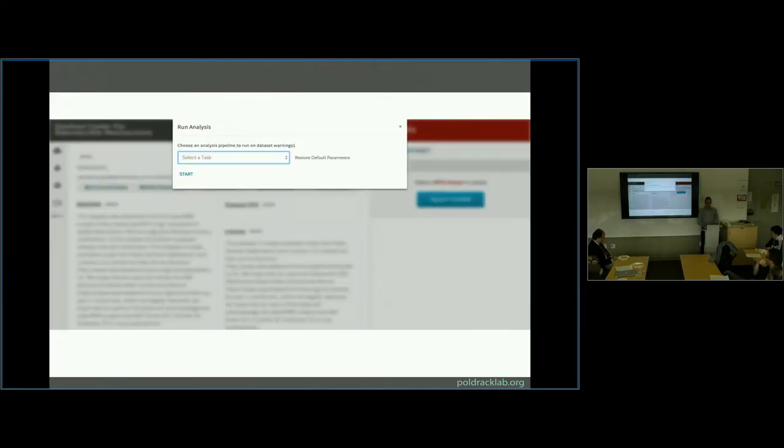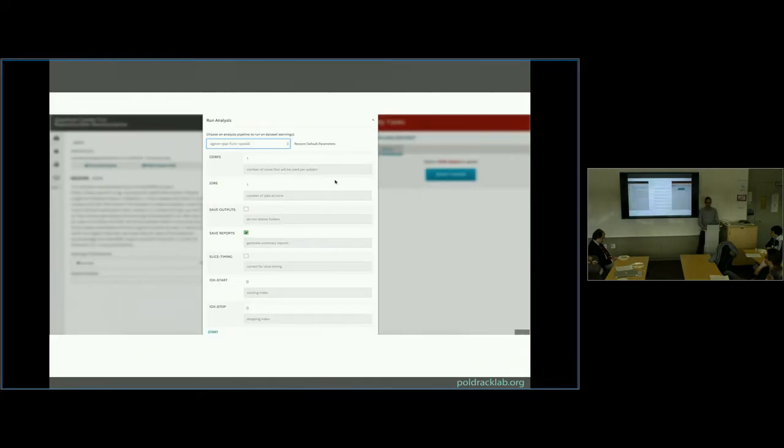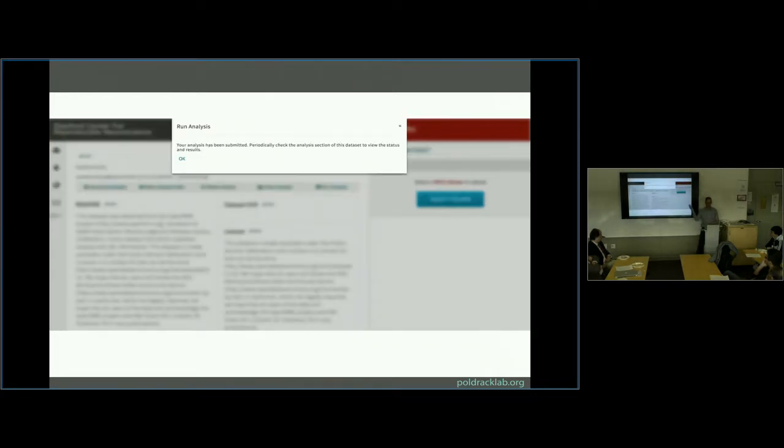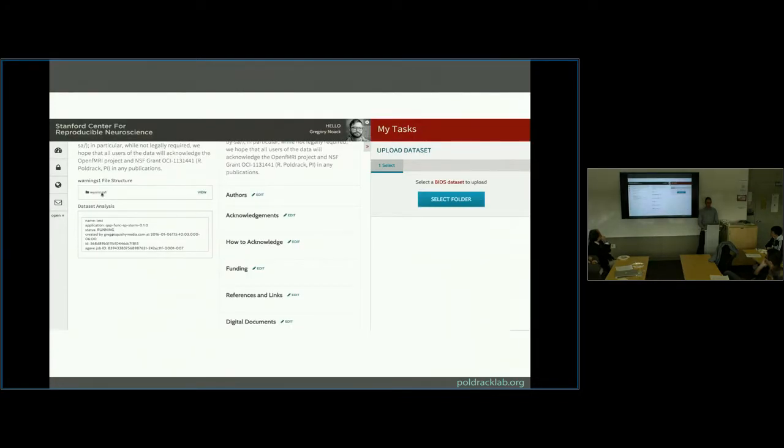So let's say we want to run an analysis, so we click on that button and we pick, in this case, we just have a couple of different things. So we might pick this quality assurance protocol, and then we fill in a little form that basically asks us some questions about settings for that protocol, which obviously for a more complicated protocol could get pretty long. Then we click run analysis, it's been submitted, and then it will be sitting here in this thing, data set analysis status is running. Sorry, this turned out to be really tiny, but it just tells you what the status is of your job. And if you had a bunch of jobs, you would see them all there. And if the jobs needed to be run in a particular order, it could do that as well.